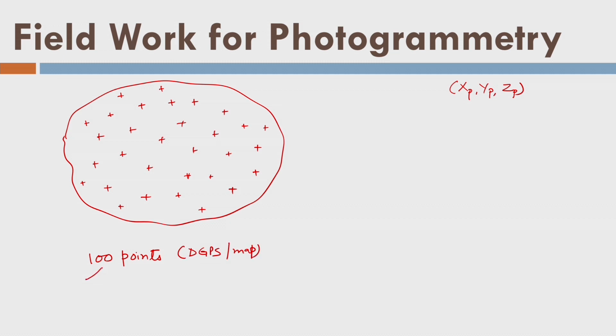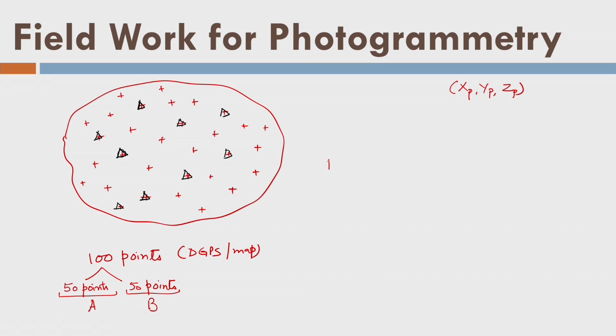Out of those 100 points, divide these points into 2 slots equally, and remember these 50 points are also uniformly distributed on the terrain. That means, let us say I am collecting these points which are uniformly distributed. So, you can now see that the remaining points, which are plus marked without triangle, are also uniformly distributed over the terrain. This is batch A and this is batch B.